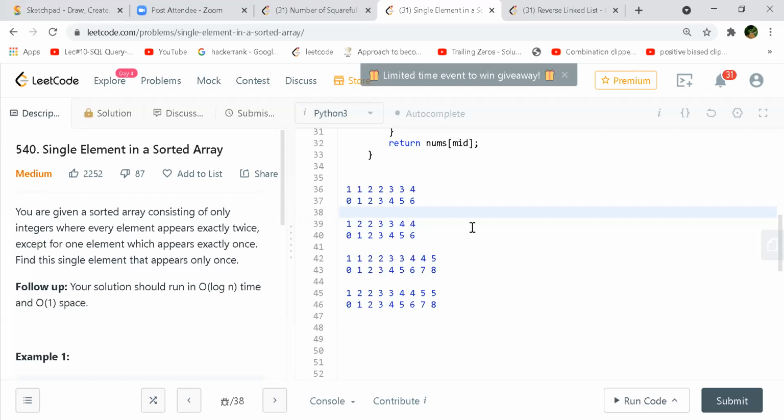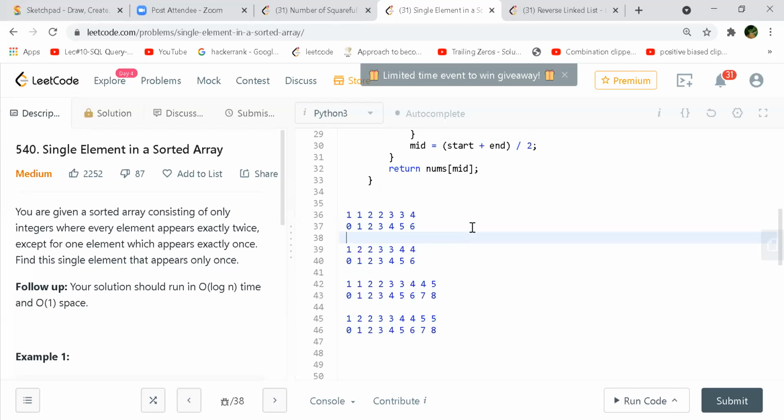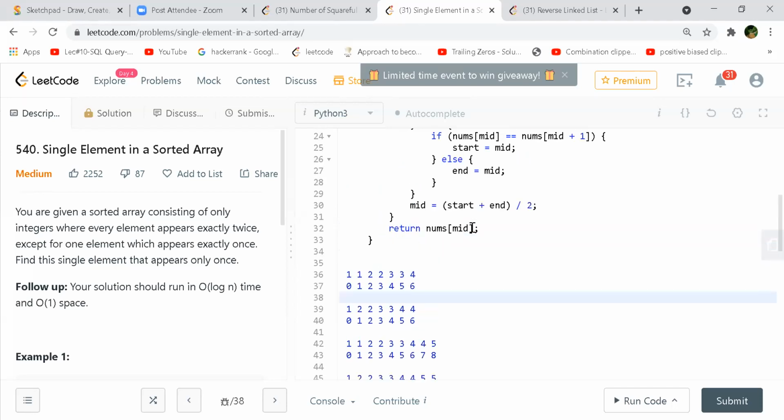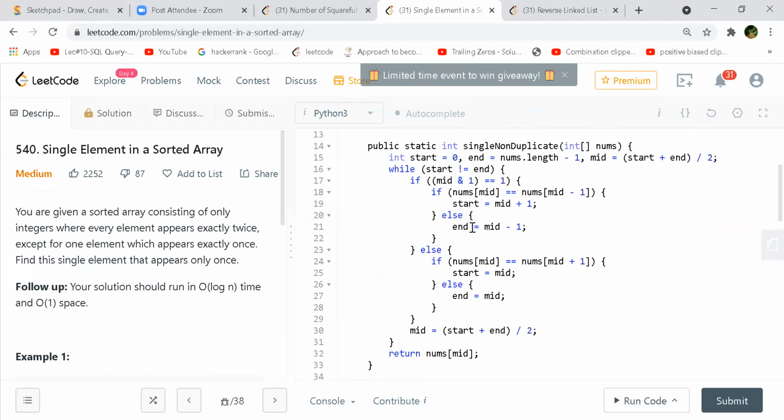Okay. So from there we can say that the start should be the middle element, right? As I have written in the code. If we see, from 23, it's for the case where mid is even.